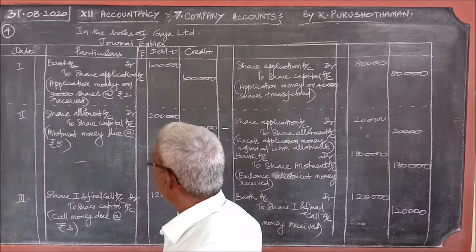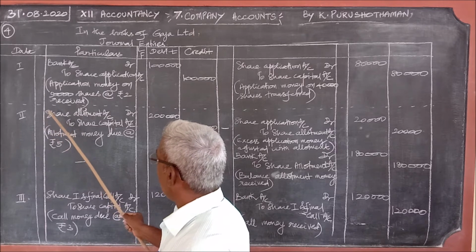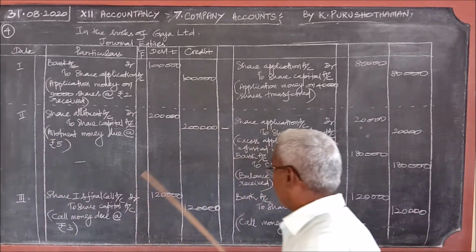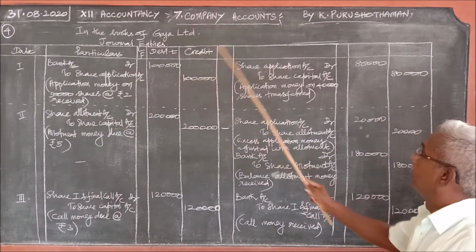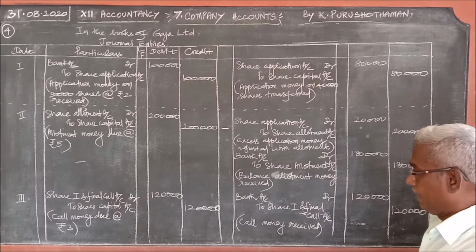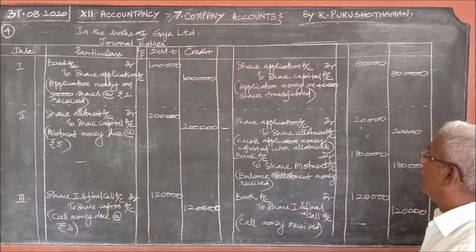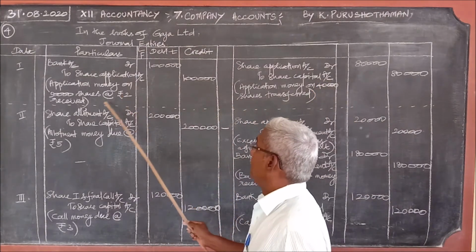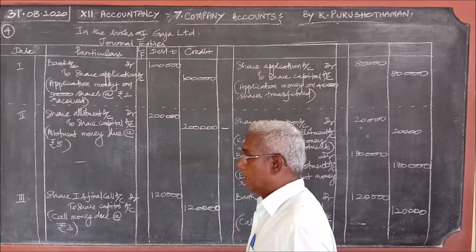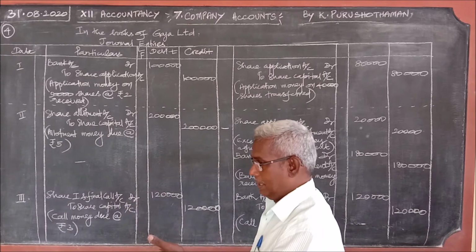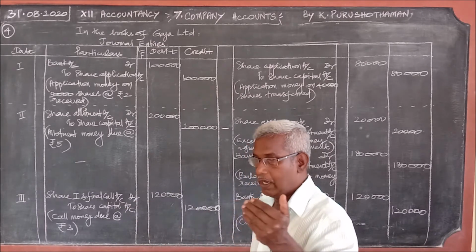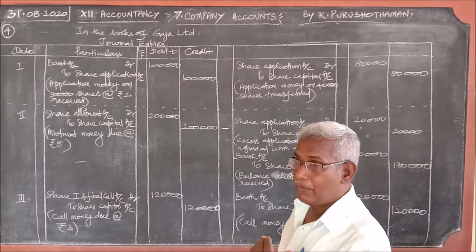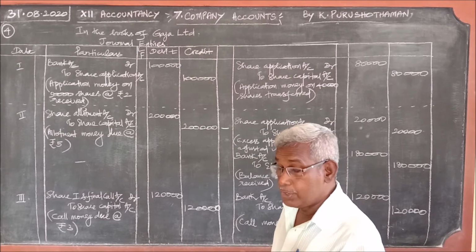Or else, if it is equity share, wherever I have written share, I should write equity share or preference share. Okay, that is the first point. Then the second point: the number of shares issued by the company is only 40,000, but applications were received for 50,000 shares. If there is excess application, in accountancy we call it over subscription. If the subscription is over, that is above the number of shares issued by the company,